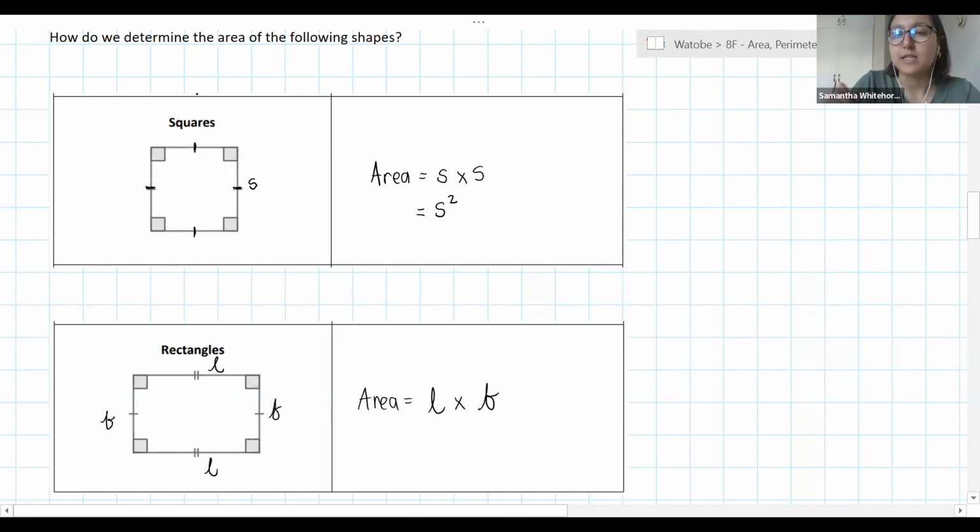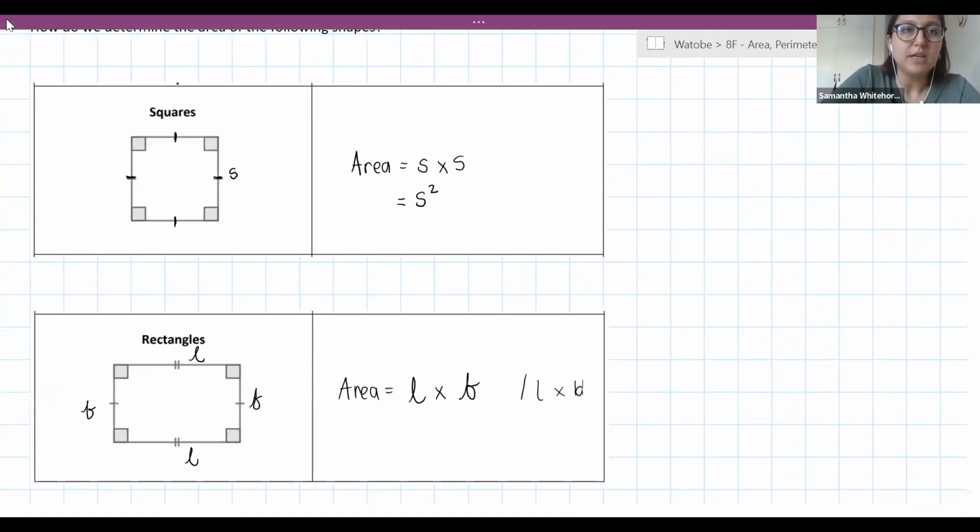Now, I know I'm writing it with cursive letters. You don't have to do that. It's absolutely fine for you to just say length times breadth. I've always just done it like that, so that's just what I'm used to, but it's basically your length times your breadth. And just so that we all understand where this is coming from, if we go back